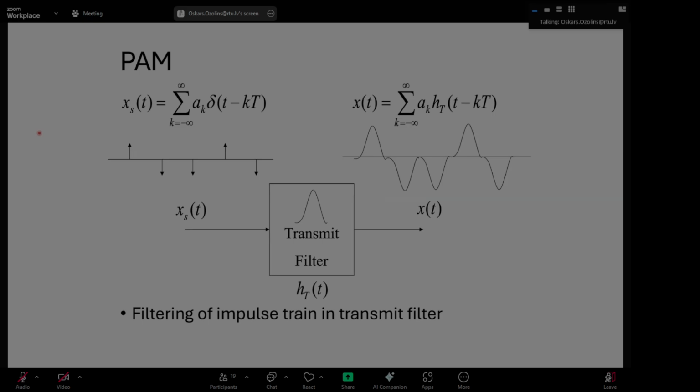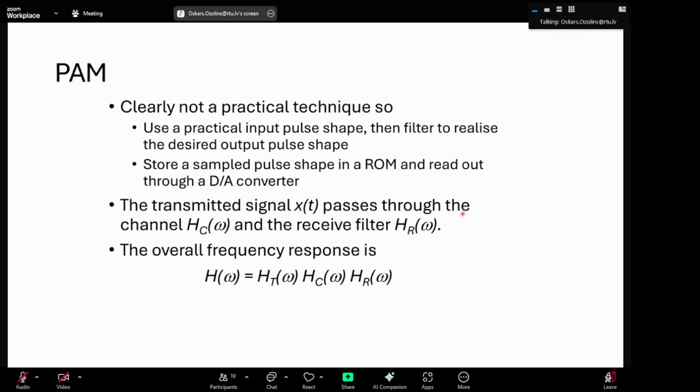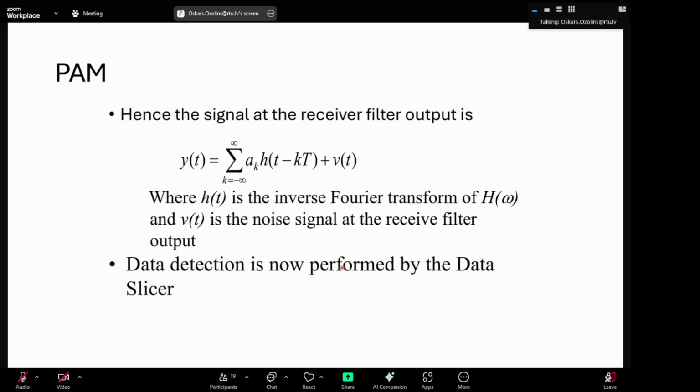So this is how it looks, and that's one way you could do this. Eventually your overall response depends on each pulse response. And then in the receiver you get this,